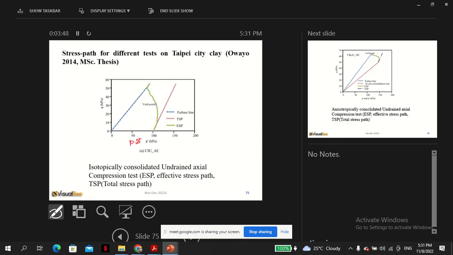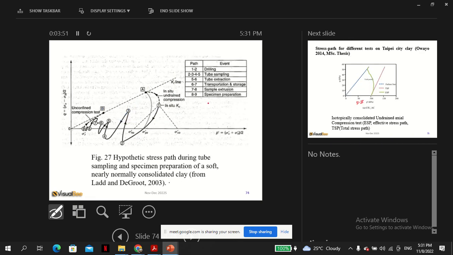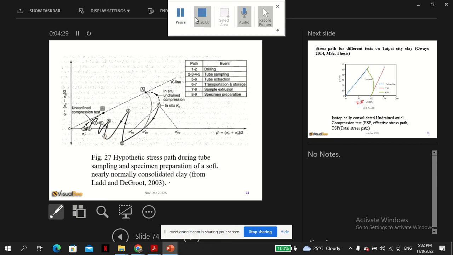I will send the class rep notes if anyone has any question. The most important thing in the stress path is to know the expected changes in the stress condition, because this affects the test. Also, I told you the stress history is quite important, especially for clay, because it always remembers: if you load it with 100 kPa today, it will remember it in its lifetime. So all these add up to the effective behavior of these engineering materials. Unless there's a question,